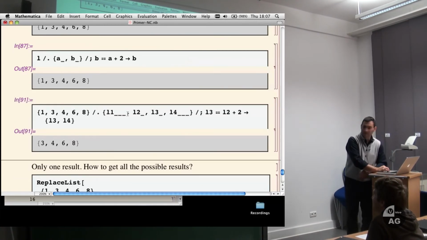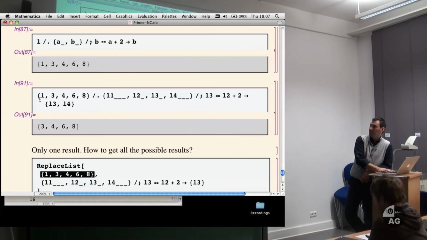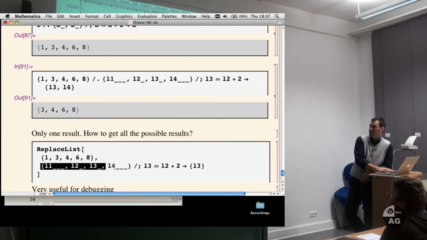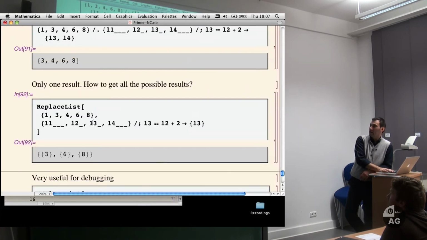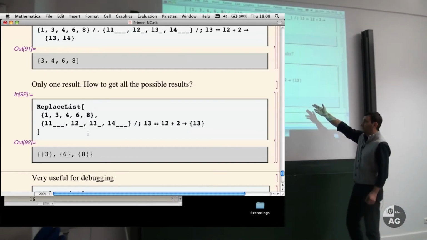Probably you could, but there is a command to do that. It's called ReplaceList. So it gives all the matches. Now we have a list as input. That's our left-hand side here. And then we have the list, the replacement rule. And now I don't get only one output, but I get all the possible matches. And if you did this with the sorting,